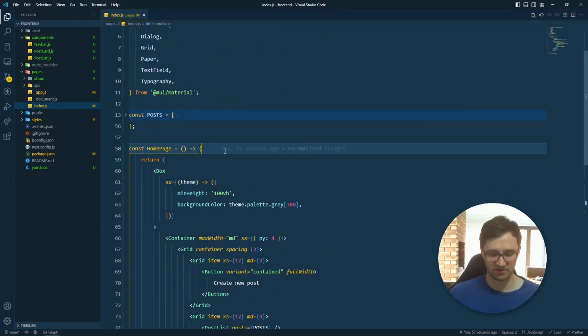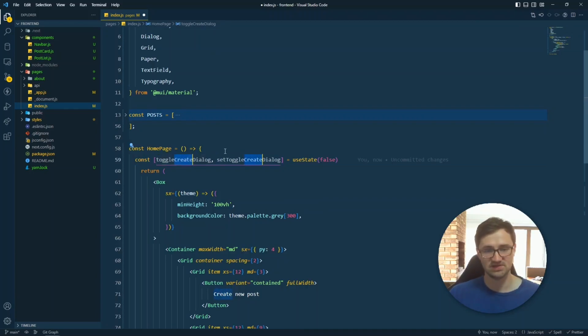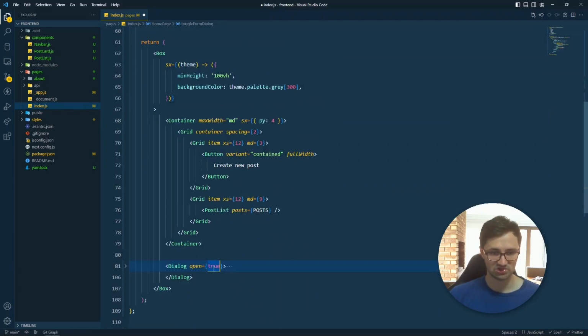Okay, very easy. On our home page, we create a new piece of state. Let's use the useState hook from React. We set its default value to false, and we say toggle create dialog, set toggle create dialog, or let's just create dialog, or create is going to be the wrong name, so let's call it toggle form dialog. Okay, so let's just call it form dialog for now, and this should be equal to the true